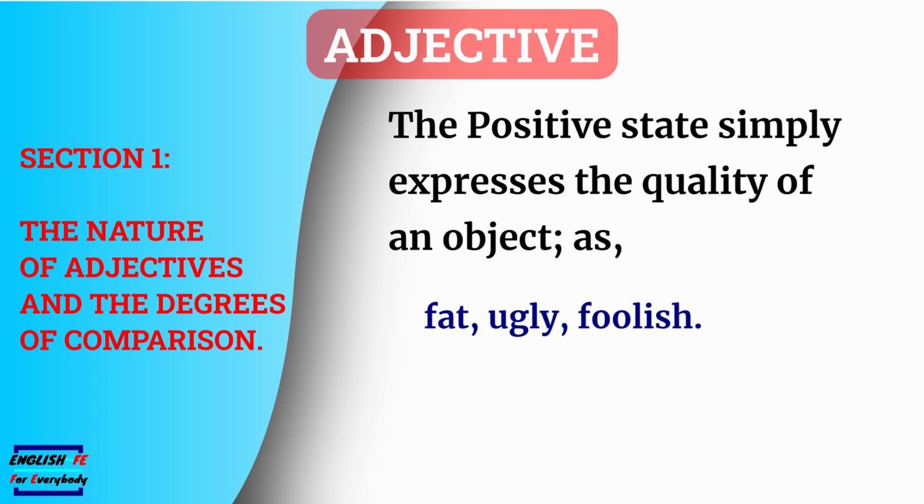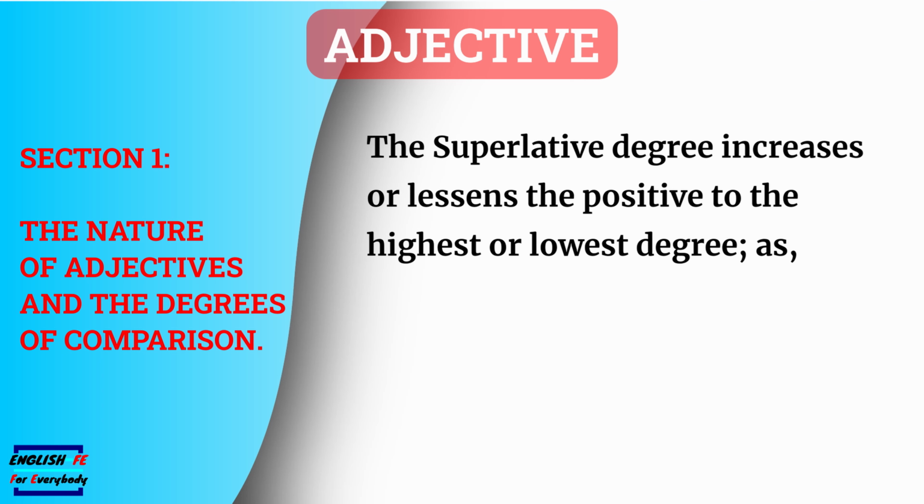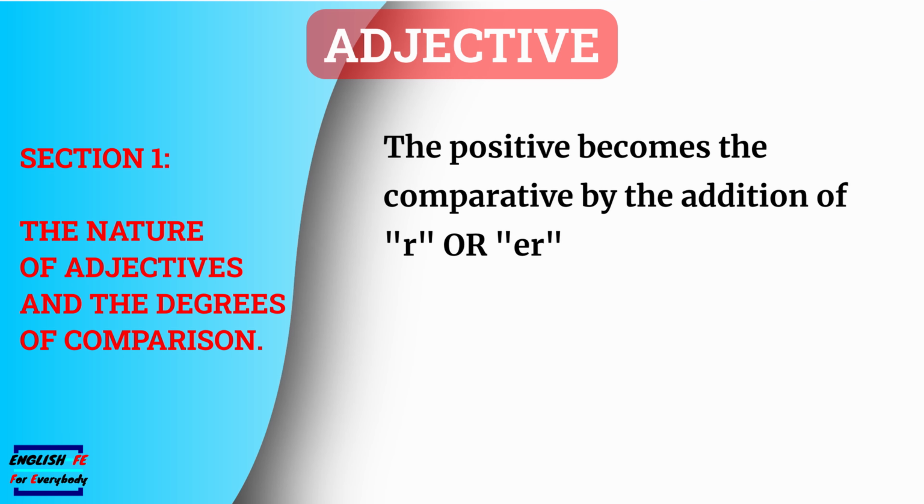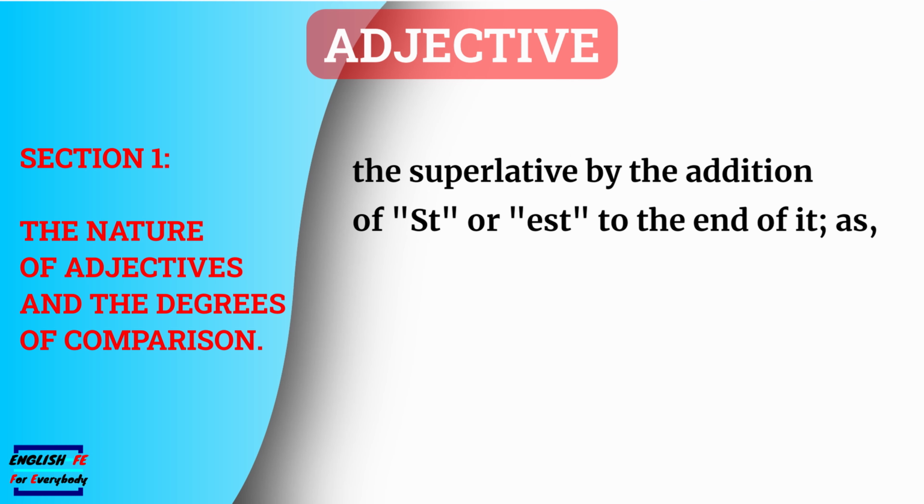The comparative degree increases or lessens the signification of the positive, as fatter, uglier, more foolish, less foolish. The superlative degree increases or lessens the positive to the highest or lowest degree, as fattest, ugliest, most foolish, least foolish. The positive becomes the comparative by the addition of r or er, and the superlative by the addition of